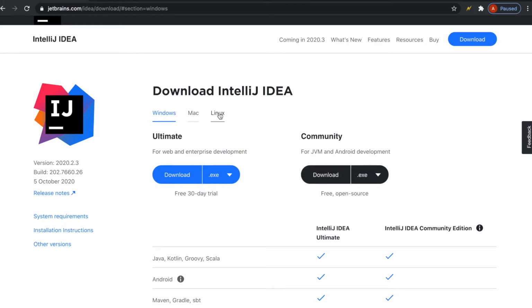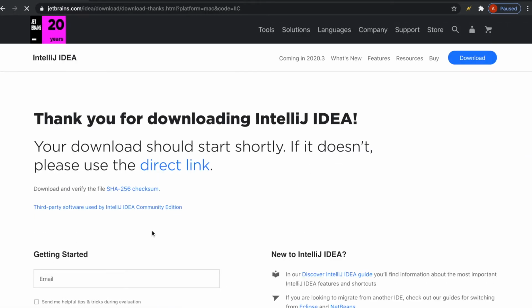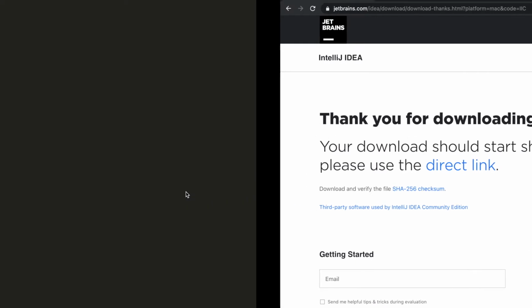And also, if you're a Linux user, you can click on Linux. You still can see the community and ultimate version. And if you are a Mac user, of course, you can click on Mac and you can download the community version which we are going to use. So you can simply click on download. It starts downloading. I have already installed it. It may take some time to download, and after that you need to just click on the file and install it. Once you have installed IntelliJ IDEA, you can just open IntelliJ IDEA,